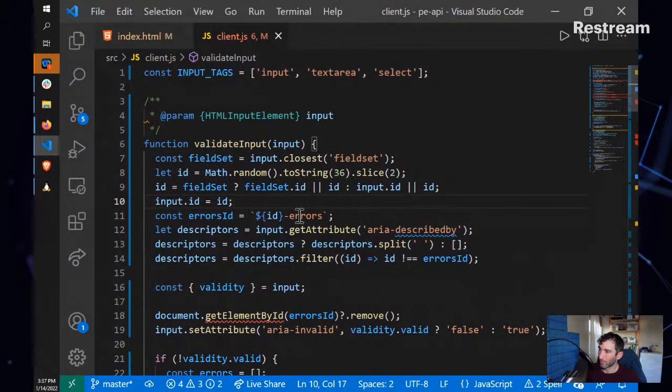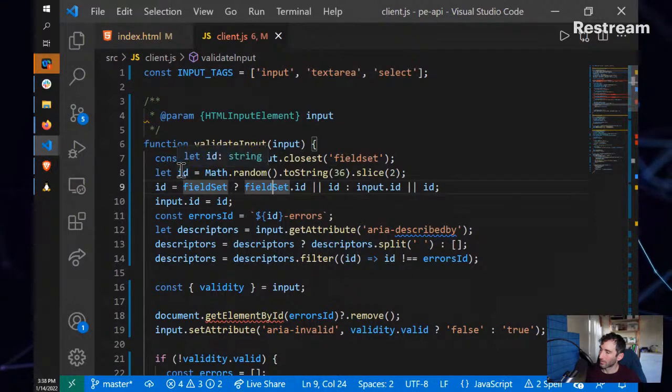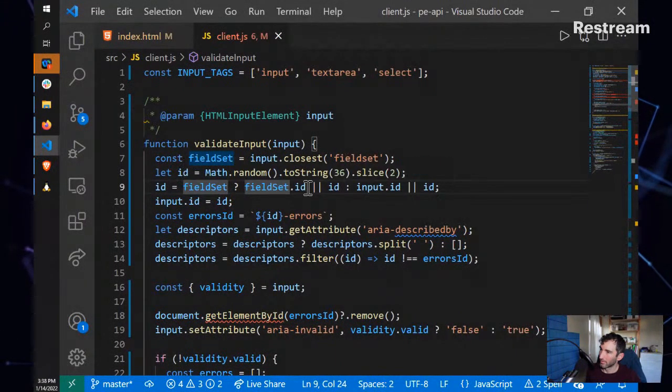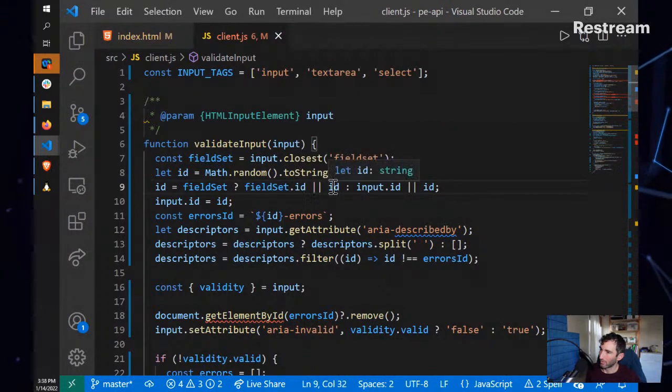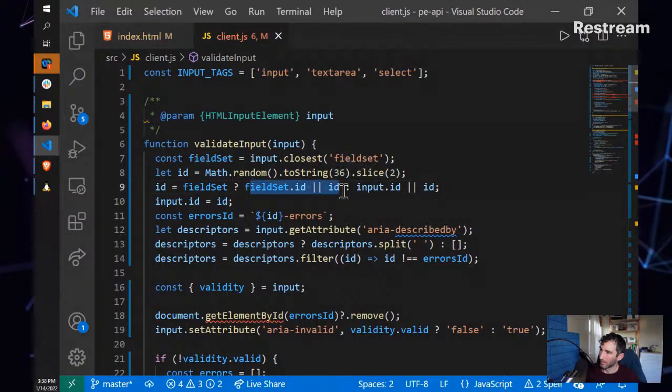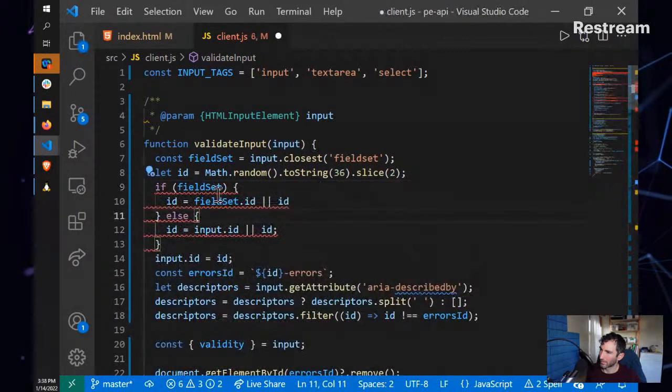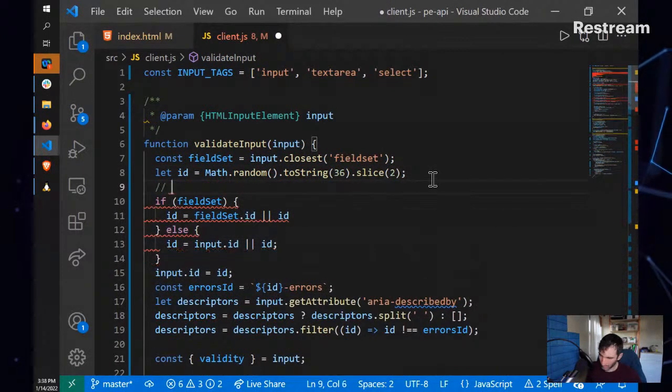And it's just a super complicated ternary now. ID equals that, and then if there's a field set, then it's the field set ID or the input ID, and if neither, no. Yeah, that's not good. Thank you, ESLint, but we're gonna